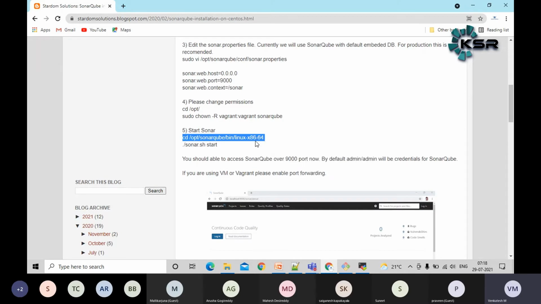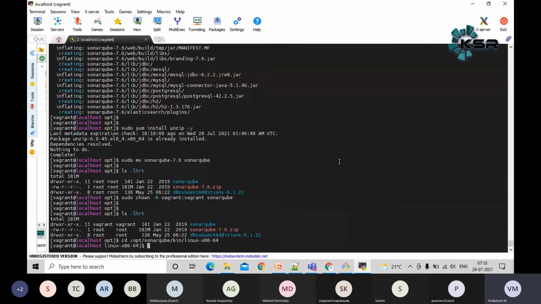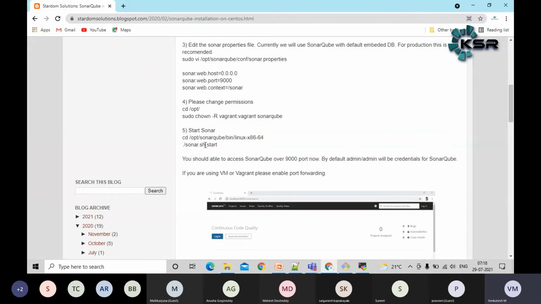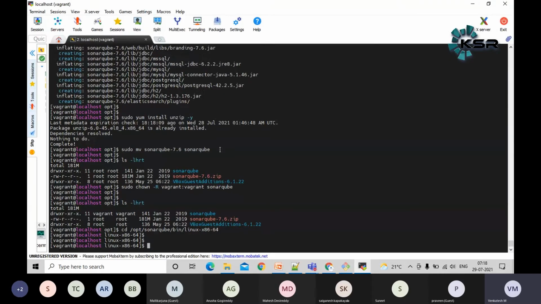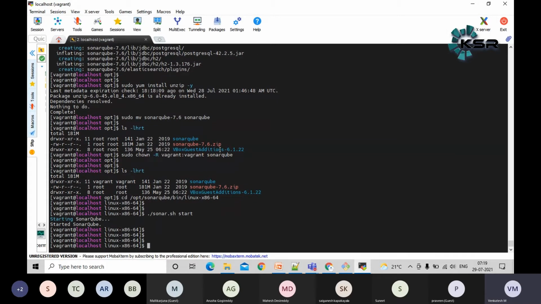Very rare people will use 32-bit, guys. Now let me go to this particular path. I'm going to start my SonarQube: sonar.sh space start, guys. This is the command to start SonarQube. It will take some time. So yeah, it is saying that it has started SonarQube.